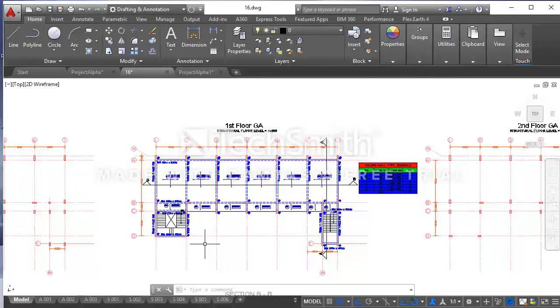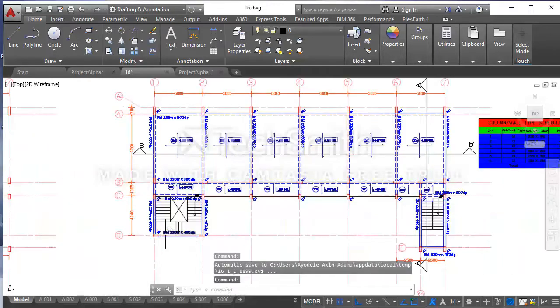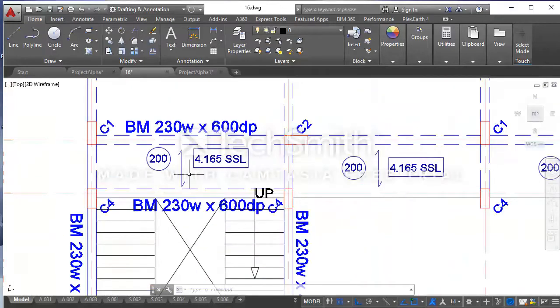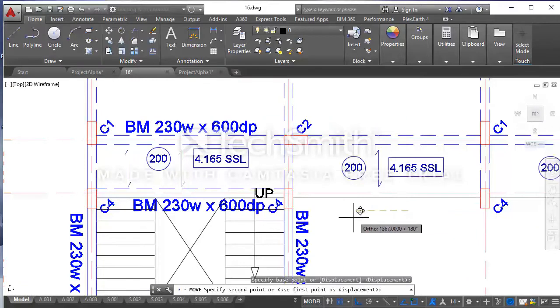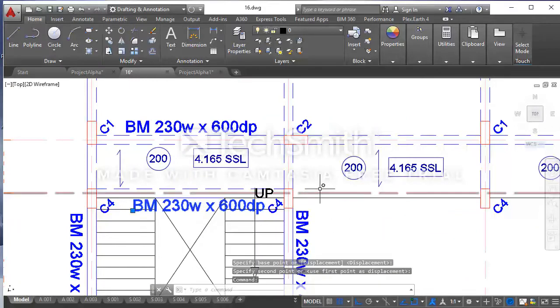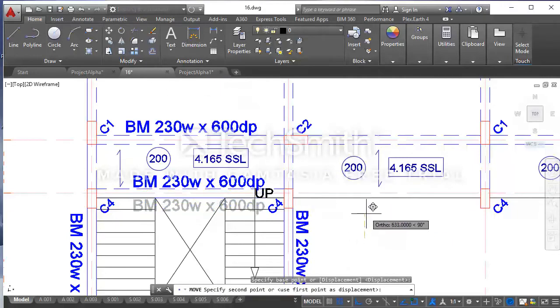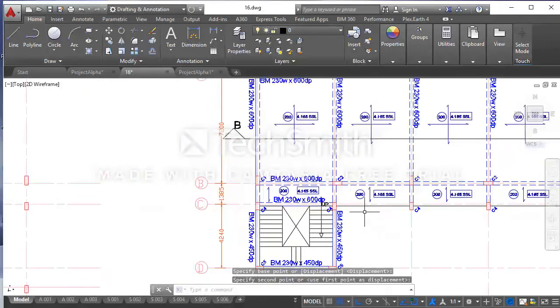But before doing that, I would like to make some edits to my drawing before I duplicate it to the second floor general arrangement. For the second floor general arrangement, it is desired to move this panning arrow to the left, say to this location, then move my beam label up so that the beam label does not interfere with my staircase. So I position it here.